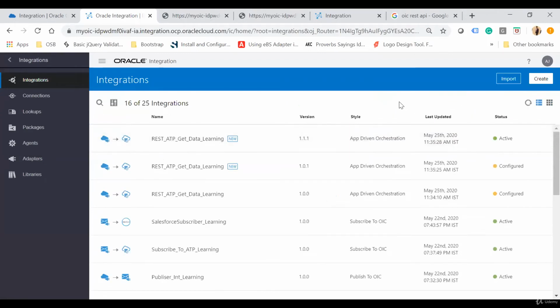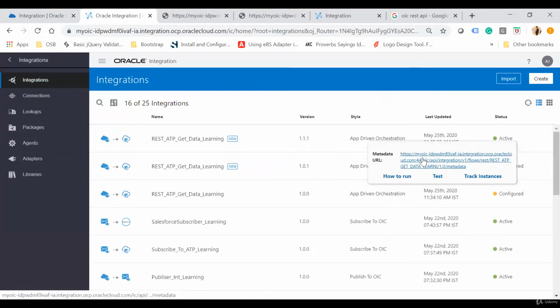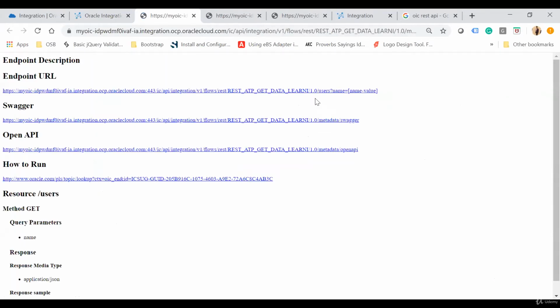Again refresh it. Here you see the 1.01 has been deactivated and the 1.1 has been activated. Again click on this and then click on this, again you will notice the version has not been changed. The endpoint remains the same, 1.0. So whenever you change the minor or the patch version, the endpoint will remain